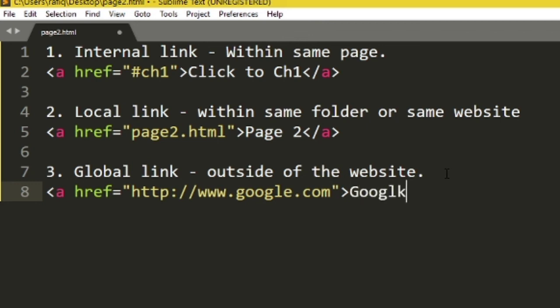So here I can write Google and a close. So these three are examples of internal, local and global links. In an internal link you will have to use the hash symbol. In a local link you will write just the page name, and in a global link the complete web address, the complete address or URL of the page.